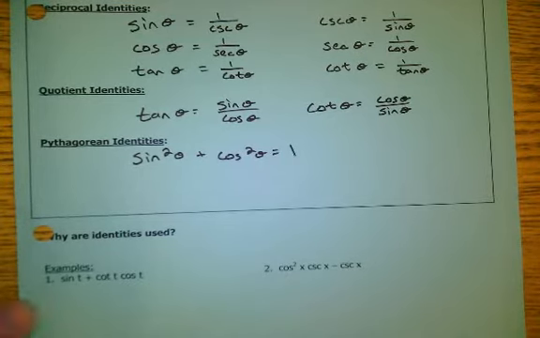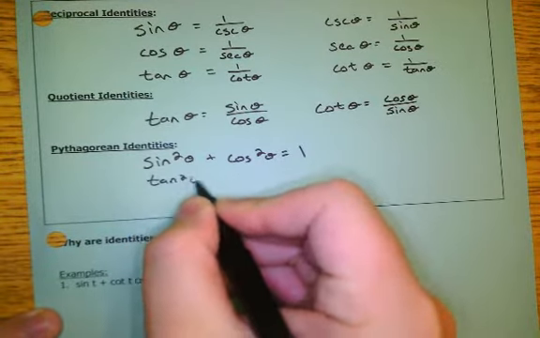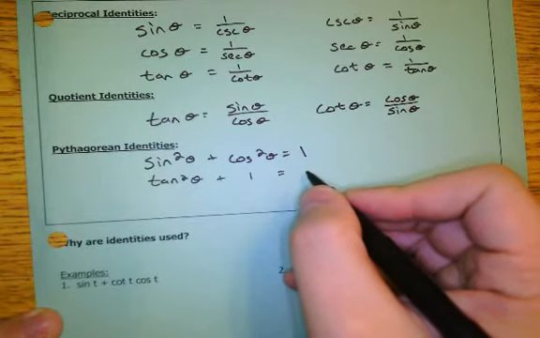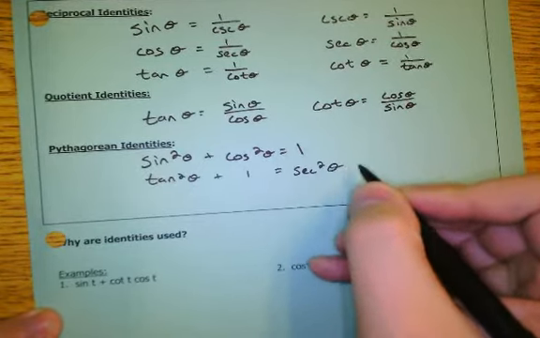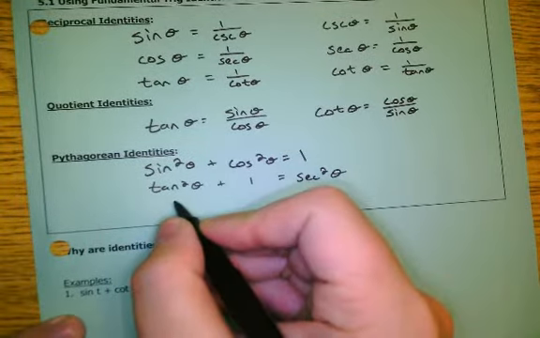What's the second one I showed you? Equals secant. See, I told you I don't memorize these at all. I had to figure it out. And then the last one was